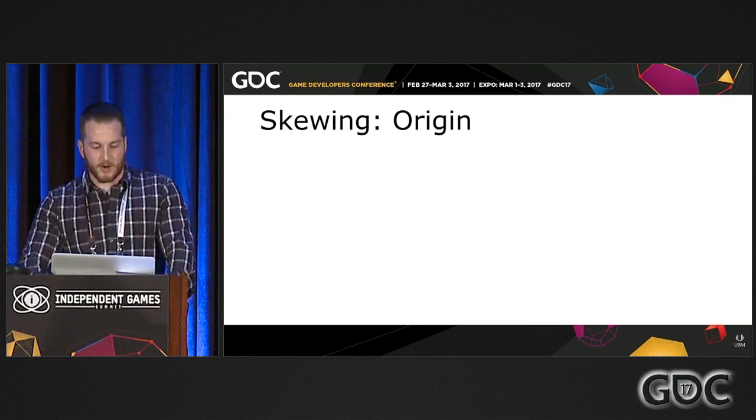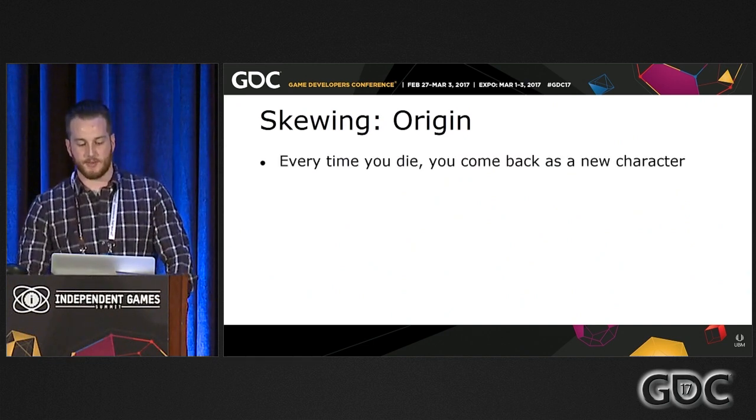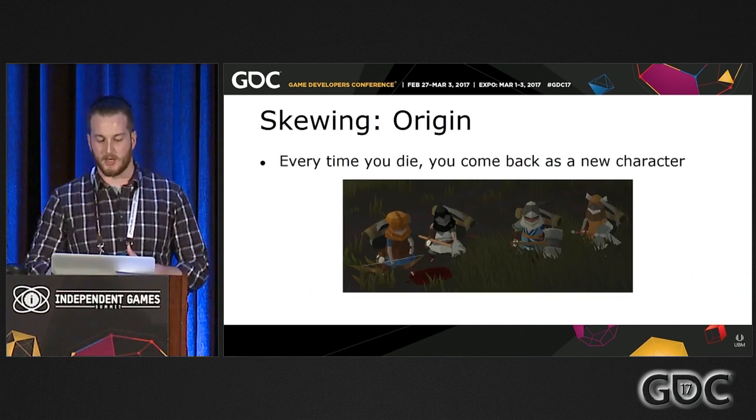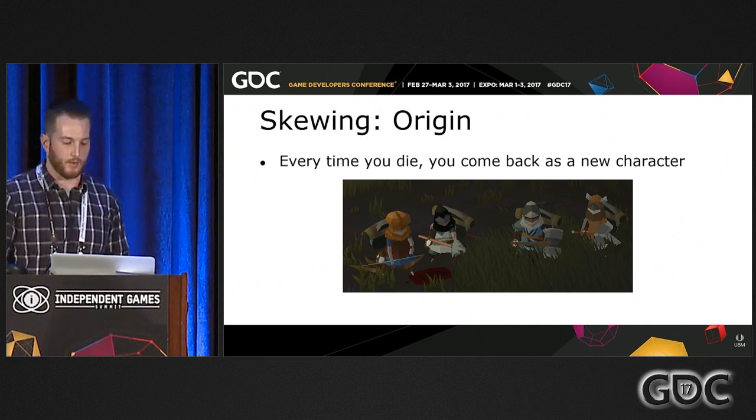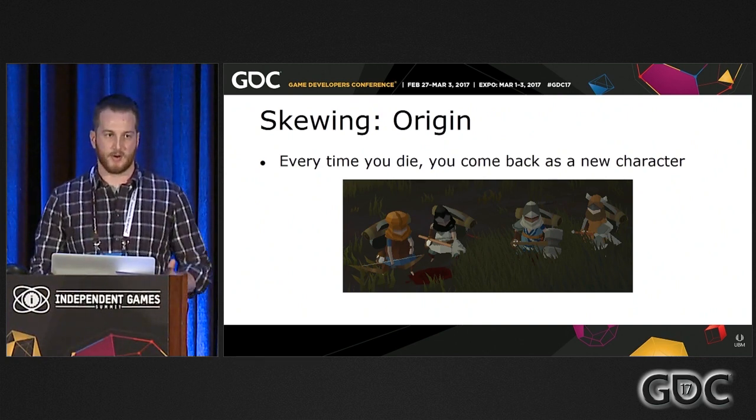So the origin for our skewing in the game is that every time you die, you come back as a new character. So we wanted to demonstrate that with randomized outfits. And in order to do that,